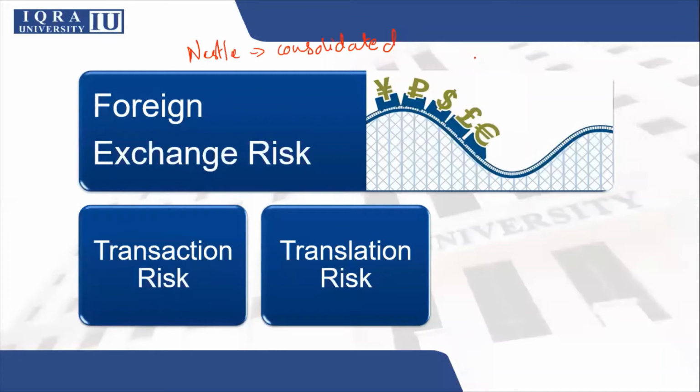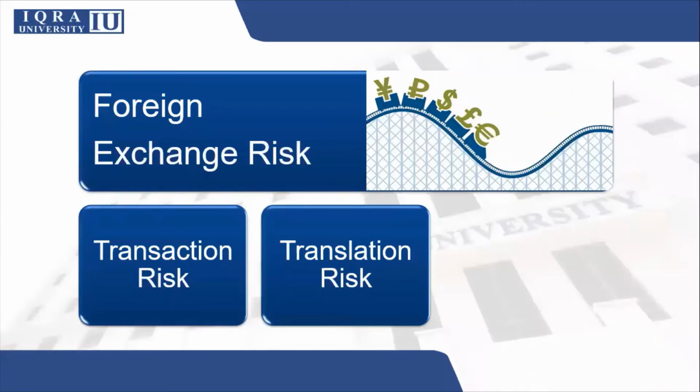So these movements in the value of the consolidated net assets and earnings will have significant consequences for the business. So because of that, maybe the financial leverage ratio might get impacted, or the interest coverage ratio might get impacted, and loan covenants may have a problem.